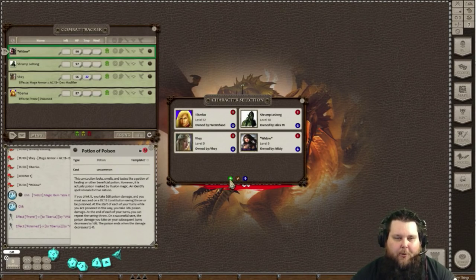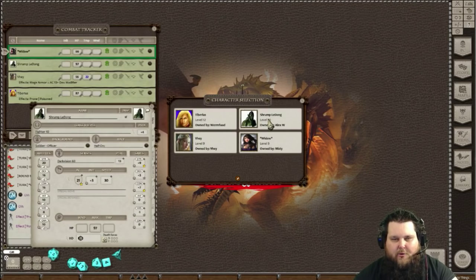So that's how you can upload them, or if you want to download them, if you want to download Shrump Ladong here and save him, all you would have to do is just hit the blue arrow button and export him out, name the file. There you go, you're golden. That's the character selection. And to open up your character sheet, all you do is you just click on that. And then the character sheet,